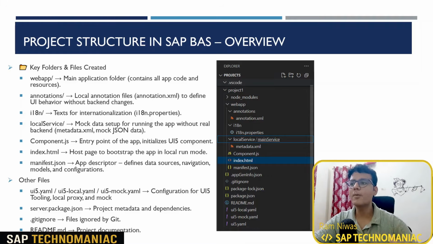Then we have the Component.js entry point of this application. It initializes all the UI5 components. We have the Index.html, which we are going to discuss in detail in today's video. And we have manifest.json, where we define all the navigation and routings, what kind of app title and other details. That also we'll discuss in some other video. Each and every file we will discuss in one video or another, but in this video we'll start